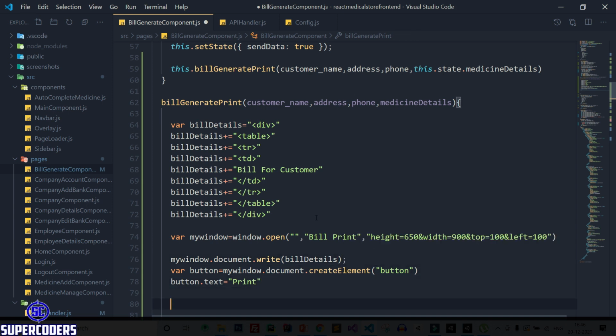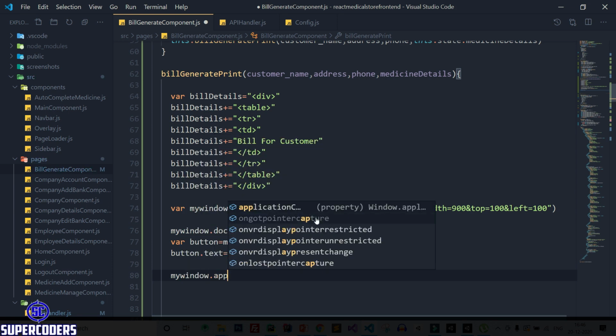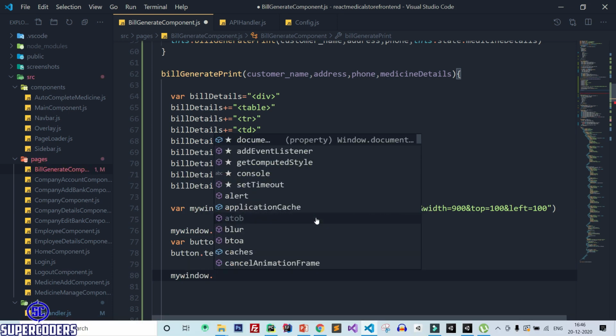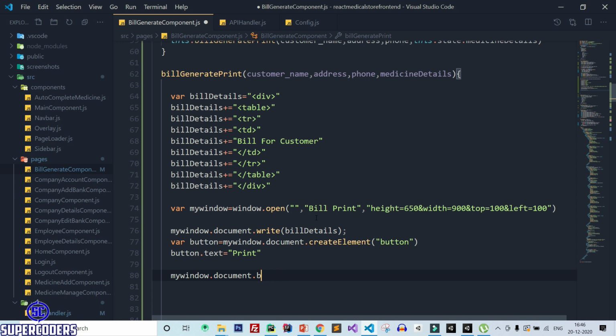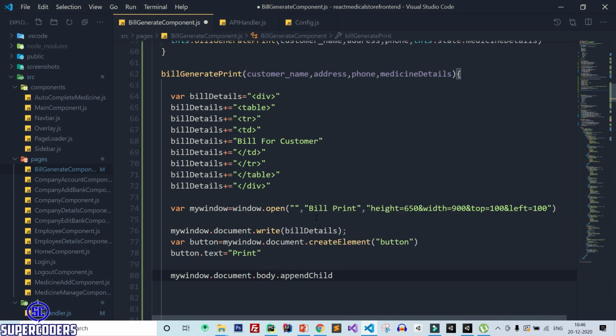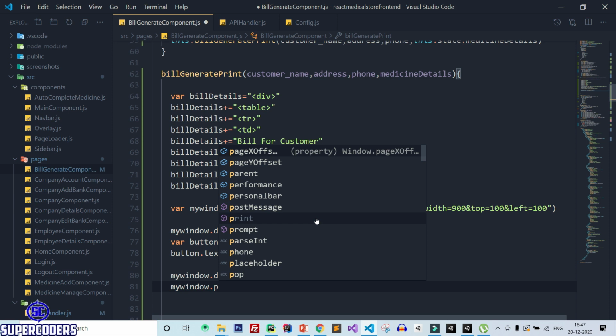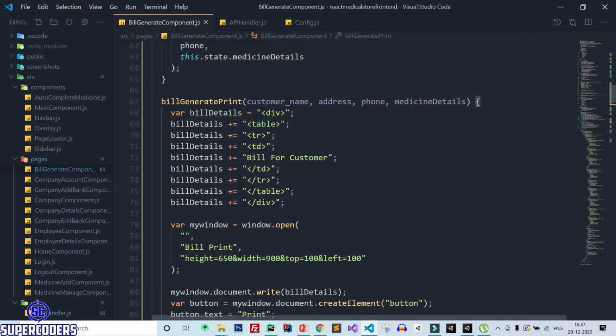After that, let's add also my window dot document dot body dot append child and pass here button also. Then my window dot print. Now let's see what actually happened.